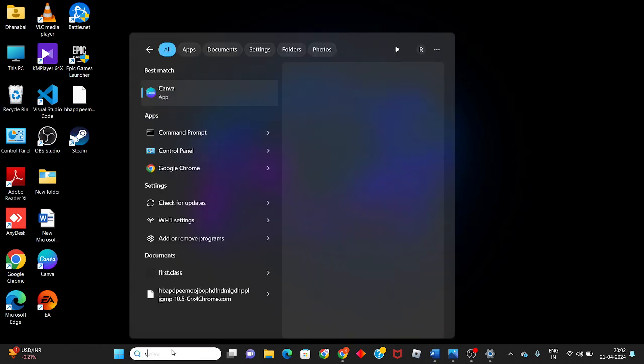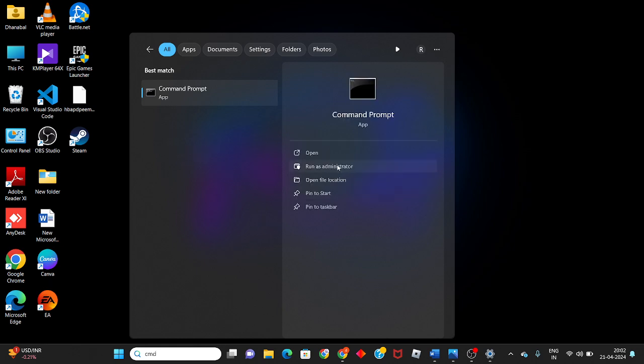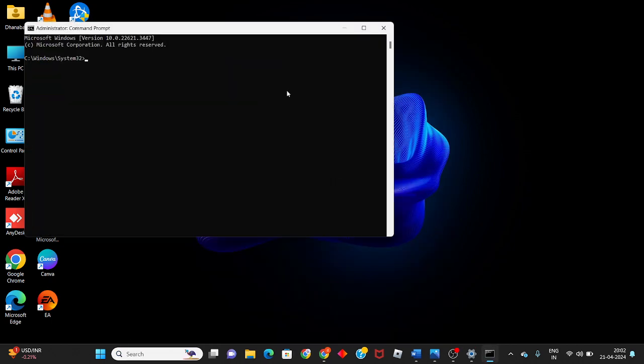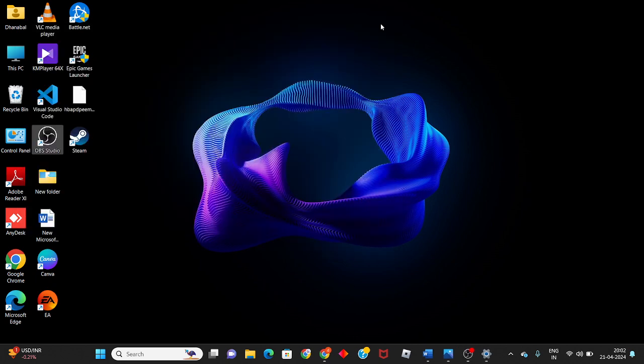Click the search bar, search for CMD, then see this. Click Run as administrator. You will press Control plus V and press enter to see the operation is successful. Okay, click close. Then the third step is